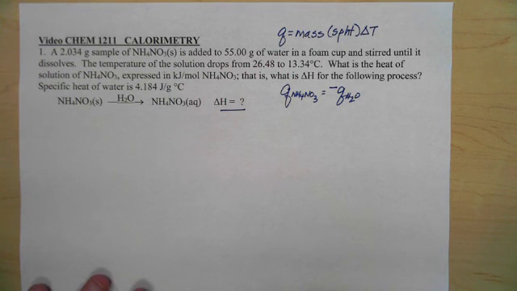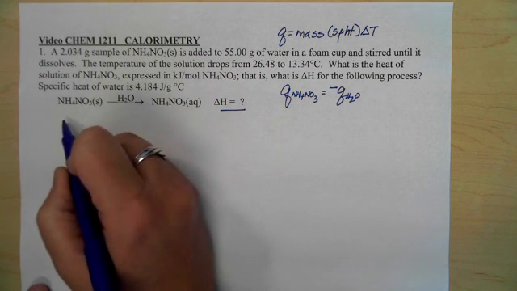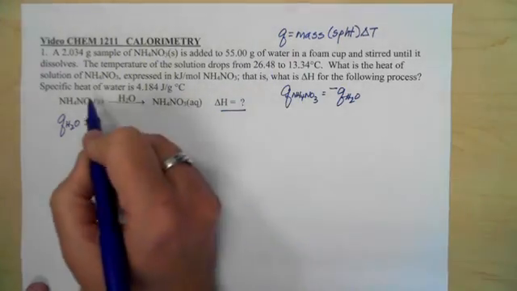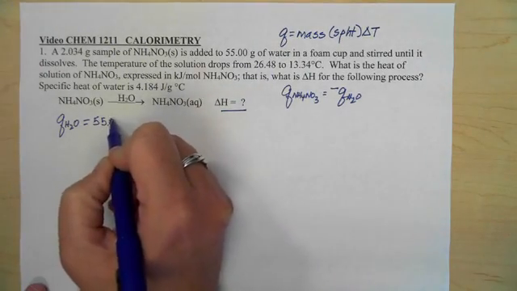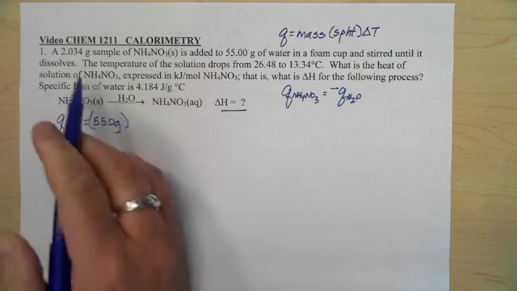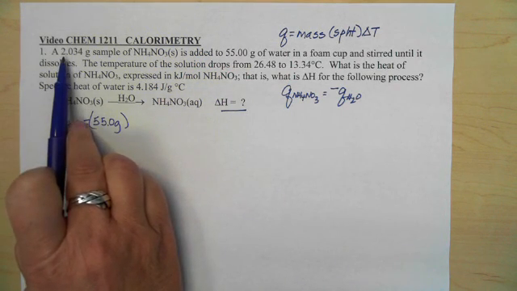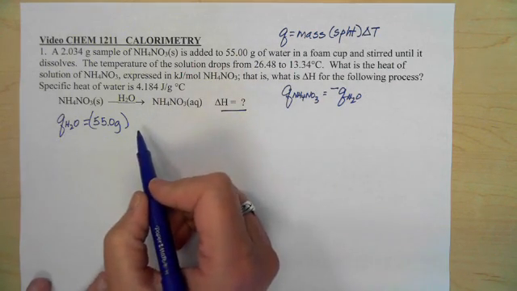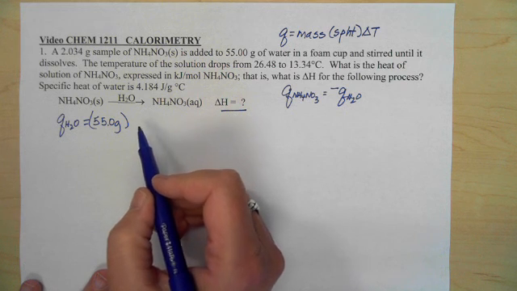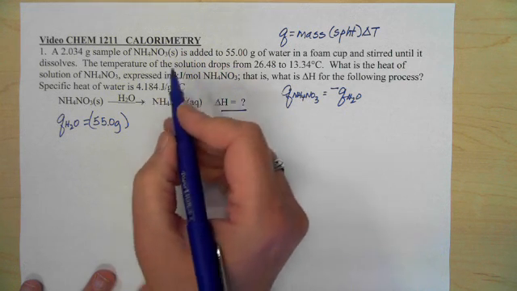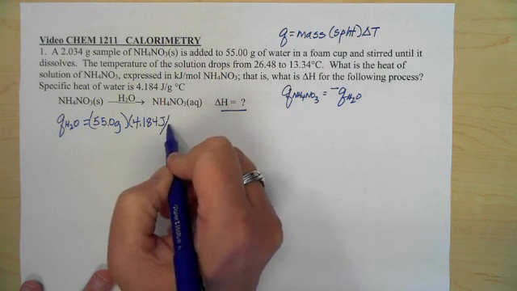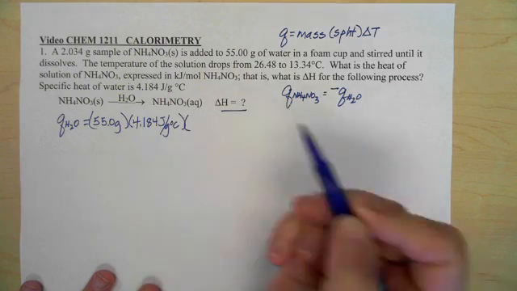So what we're really looking for is a Q problem. So if that's the case, what we're really starting with is Q of water. Well, we have a mass of water, 55.0 grams. Now, somebody might say, hey, wait, we got two more here, but this isn't water. This is strictly the Q of water, so we're looking for the grams of water. And what we've got here is specific heat of water, which is 4.184 joules per gram per degree C, times